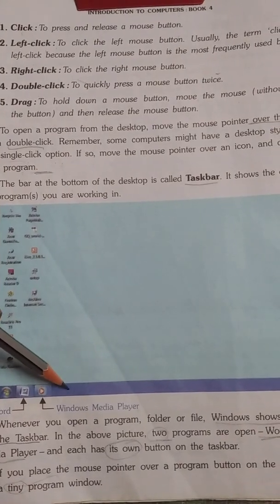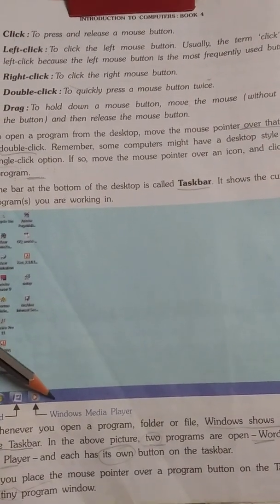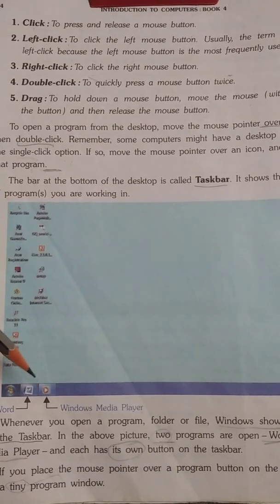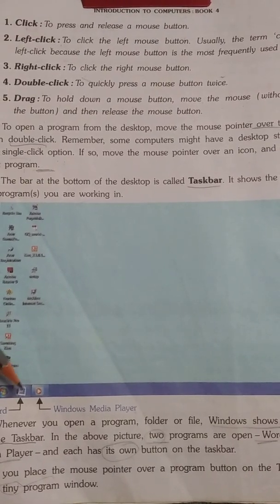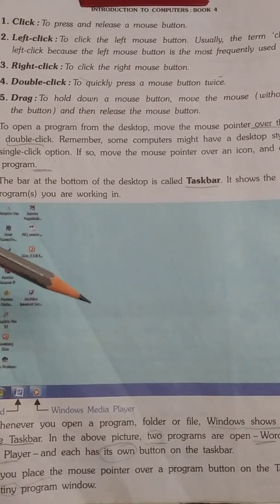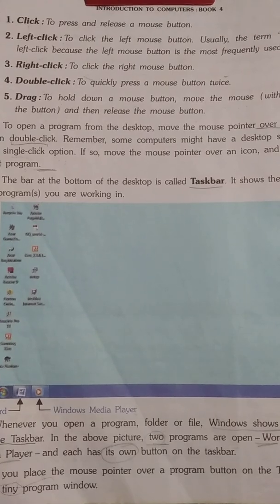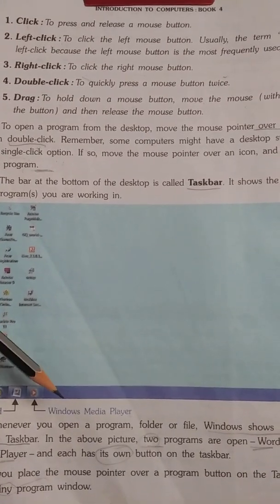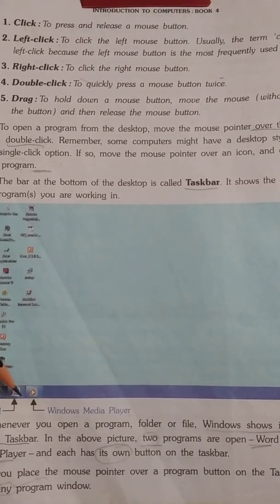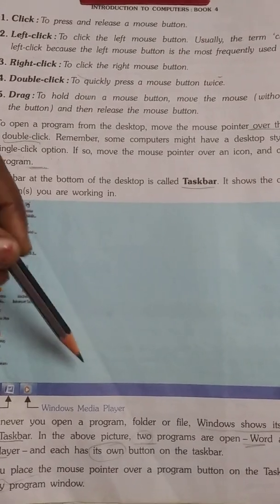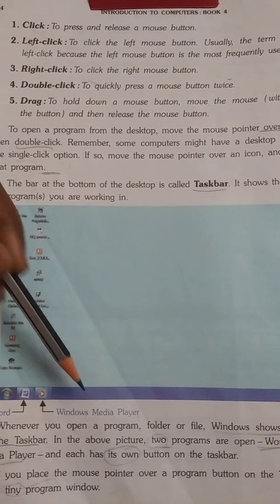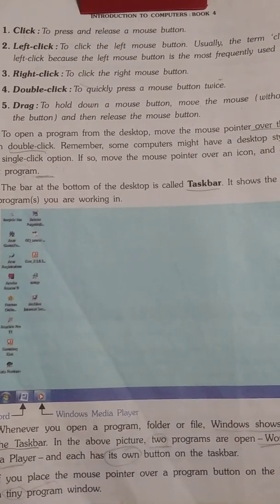If you open the Paint application, it will show the icon of the Paint color palette. So at a time you can work with different windows. This is one of the striking features of Windows, isn't it? On the taskbar it shows the current status of the programs you are working in. If you open two or three programs, it will show that many applications are open, and you can work with that many applications.